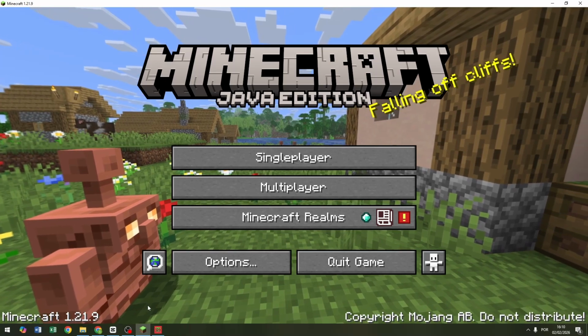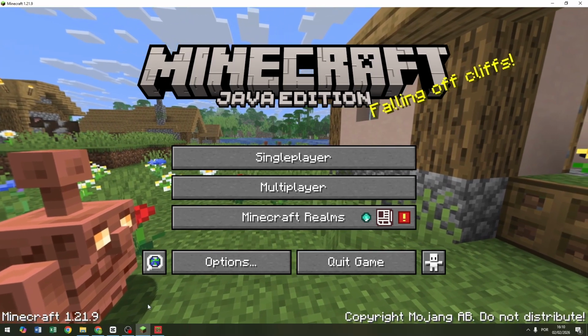I'm going to show you how to change the FOV in Minecraft, both in the Java edition and the Bedrock